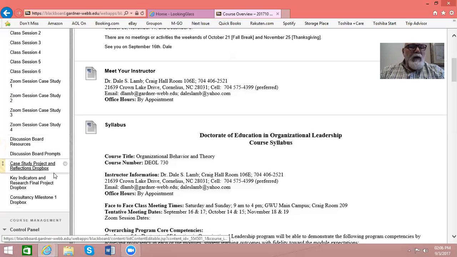The next thing is your case study projects and reflection Dropbox. For each of the case studies, you'll do a group presentation, but you'll also do a personal reflection. Now, that's not War and Peace. That's between 1 and 2 pages of personal reflection on what you learned, your strengths and weaknesses, or what you would do differently.